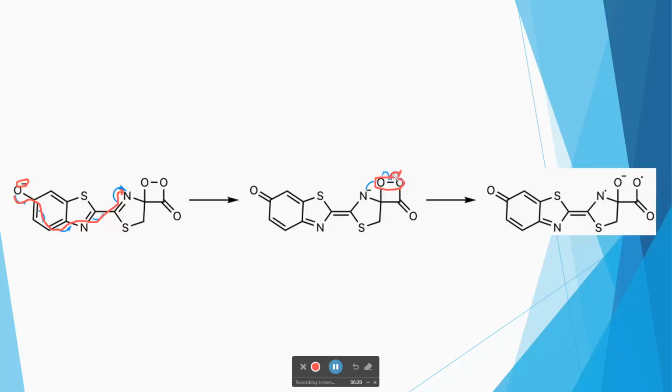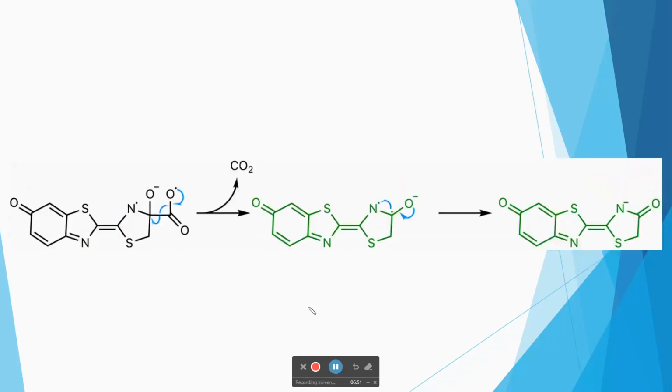electron is distributed to this oxygen, one electron to this oxygen, and the nitrogen actually donates an electron to the oxygen on carbon 4, giving it a stable 2 electrons, but leaving the nitrogen with radical chemistry, ultimately resulting in a diradical species, one singular electron being on this oxygen and one electron on nitrogen. Now, this diradical species that's formed is extremely unstable and will undergo a spontaneous decarboxylation, in which an electron from